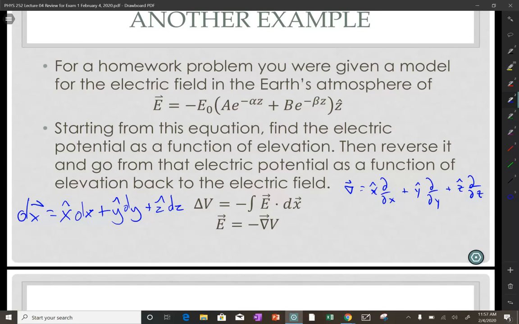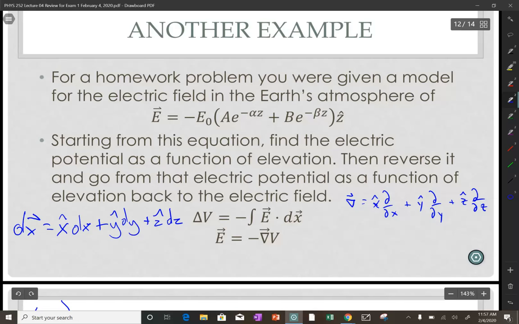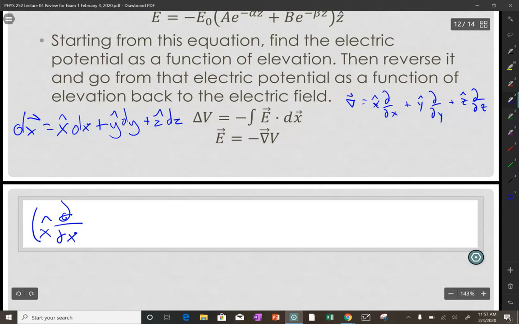So now we can do the work. For the work, we just do the same thing we did last time. First thing we need to do is find the voltage. We have the electric field, so we're going to try to find the voltage, and then from the voltage, we're going to make sure that we come back to the electric field. So the first thing you're doing is that integral. Delta V is equal to